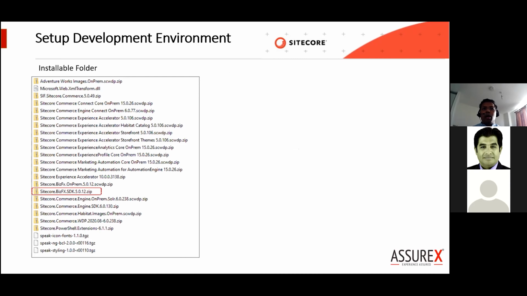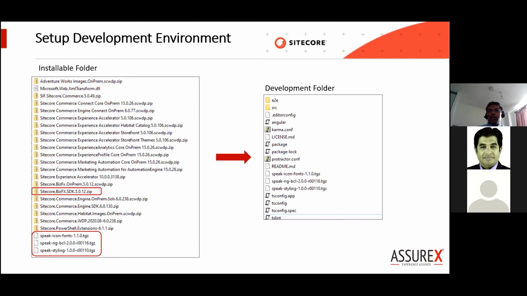Along with that, there are 3 tar files which will help the business tool to have its icons, fonts, and styling, etc. So your development folder will look something like this. When the BizFX SDK has been extracted and we have those 3 tar files or zip files at one place, before we start installation, your development folder should have all of this.